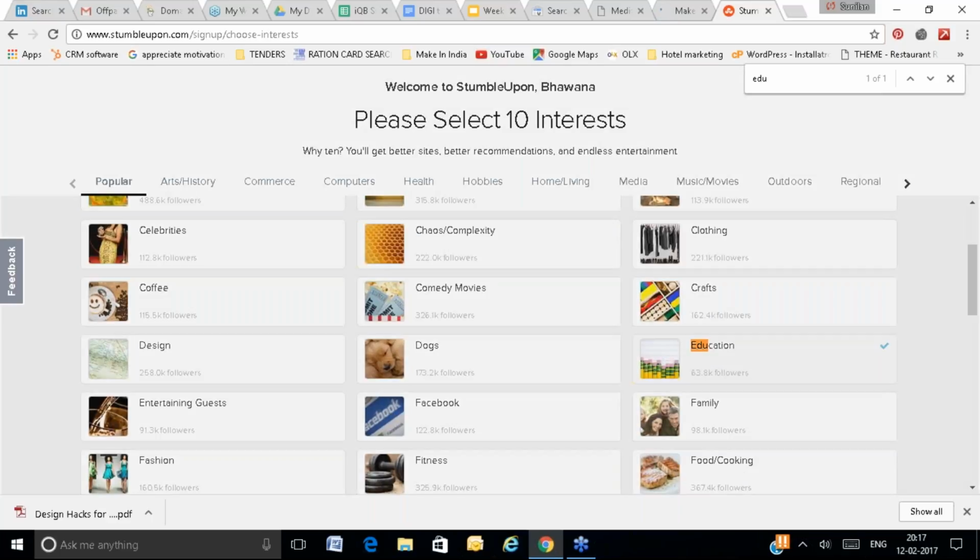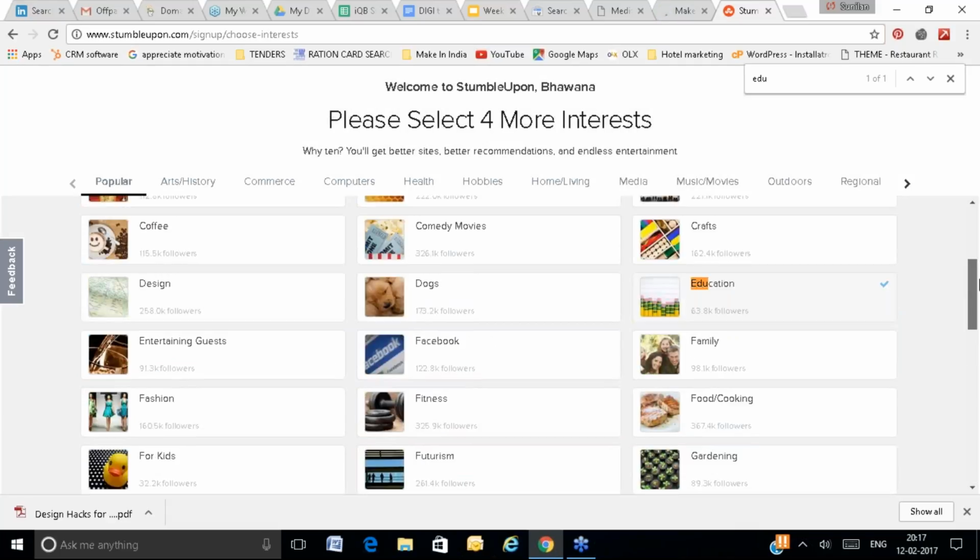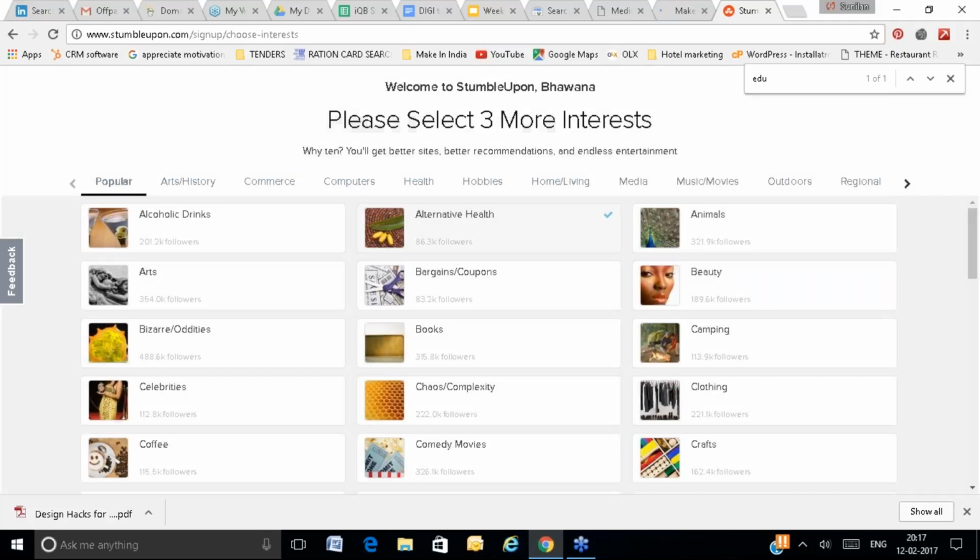So I'm going to submit my links in this category. Here you can select the interests. You have to select at least 10. So go and select shopping and relationship and spirituality and psychology. So you have to select 10 things.